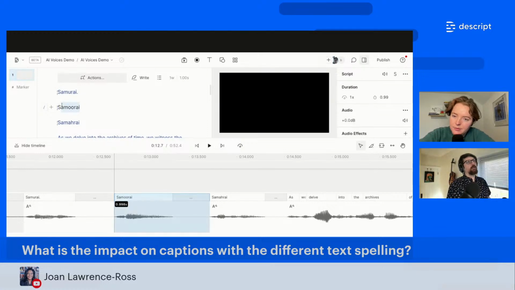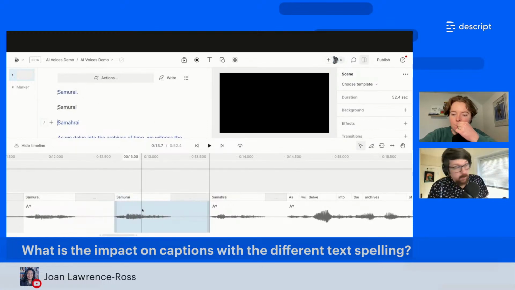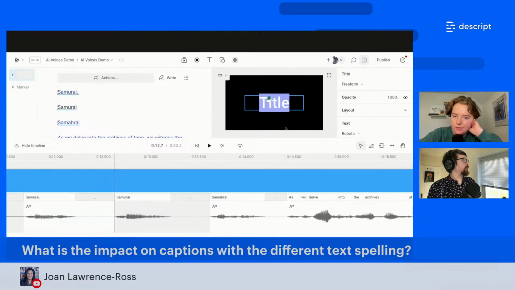And again, it would be wonderful if I didn't hit an issue here. Cool, that worked. So this does not change the underlying audio. All it does is change the transcript. So now when I add a caption, it will be correct. We can even show how correct it will be,